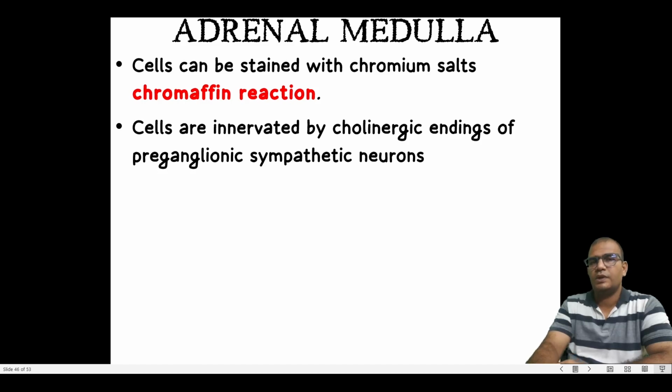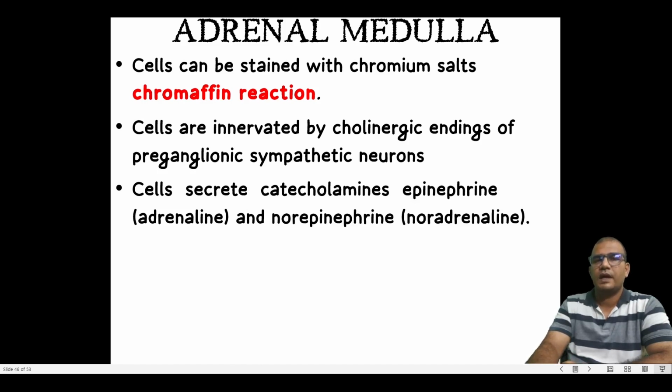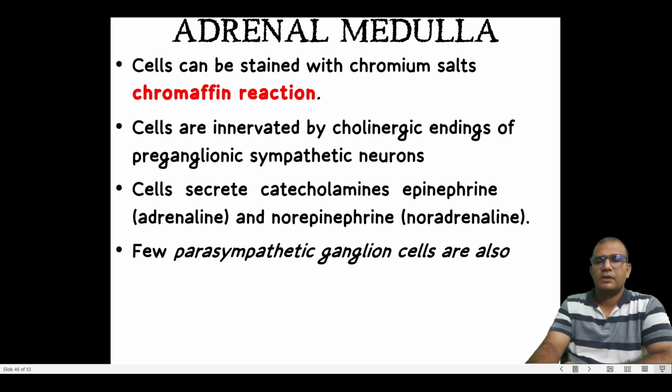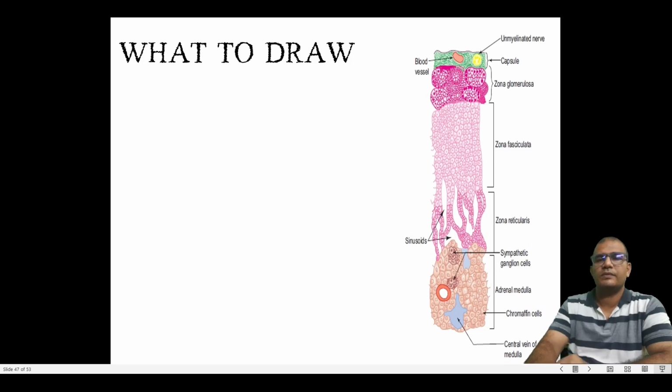These are cholinergic nerve endings. They secrete catecholamines like epinephrine and norepinephrine, which are also known as adrenaline and noradrenaline. There are also few parasympathetic ganglion also present. So this is the diagram you should draw, and how we should draw this diagram, that we will see in